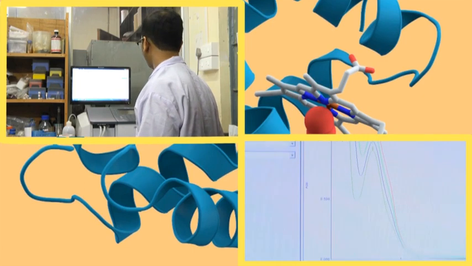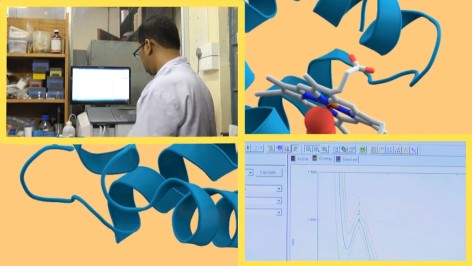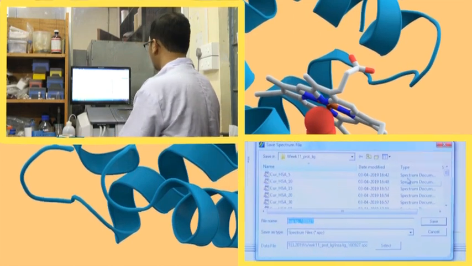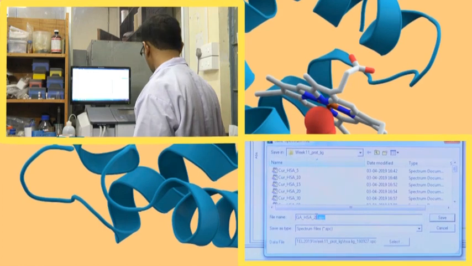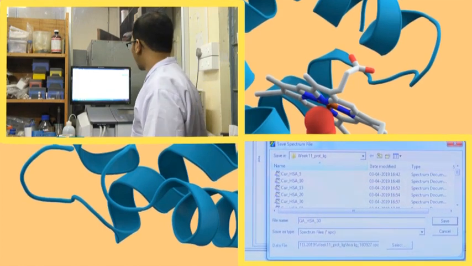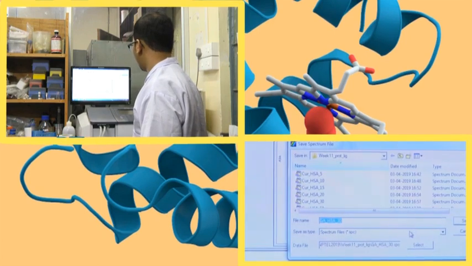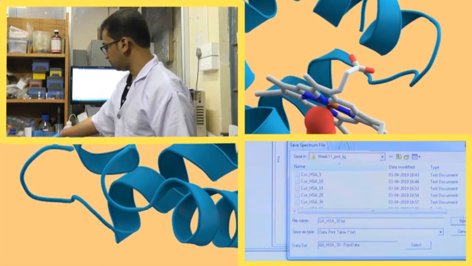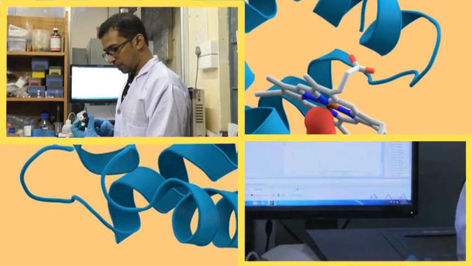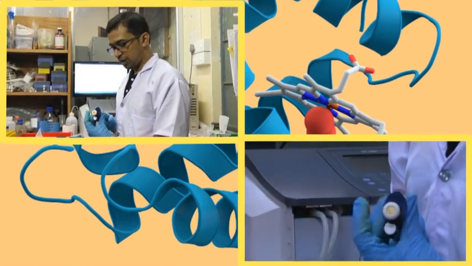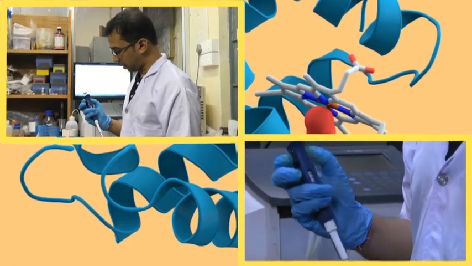So, 1.5 absorbance has increased, and this is gallic acid and HSA 30 micromolar. Now, we will go finally into 50 micromolar, that is the final concentration. So, we will set it at around 20 microliter and we will add 20 microliter of HSA to it. We are setting this micropipette to 20 microliter.